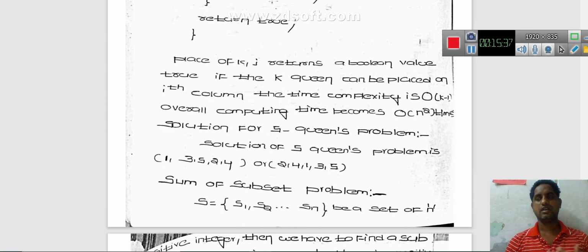That way we can assign the n queens problem. Maximally we go up to 4 or 8; rarely will you see 5 or 7. In the 5 queens problem the solution is 1, 3, 5, 2, 4 or 2, 4, 1, 3, 5.